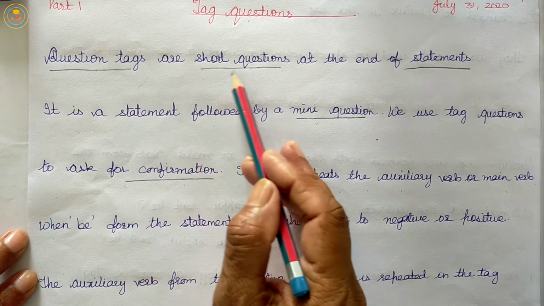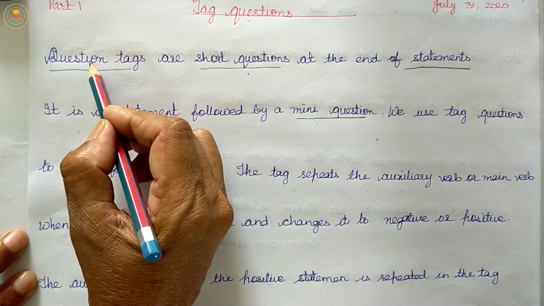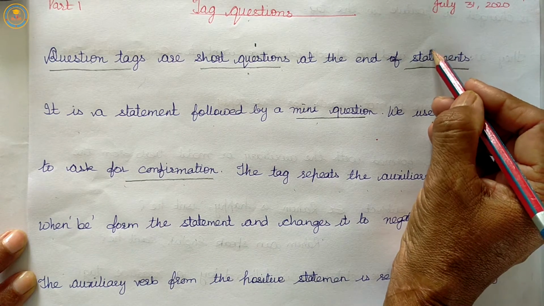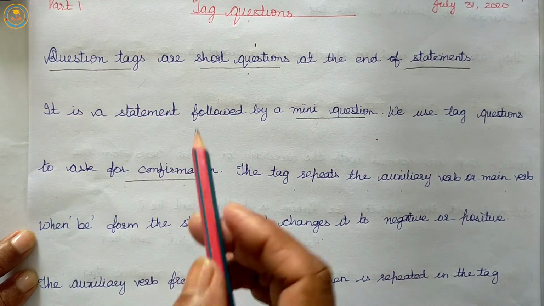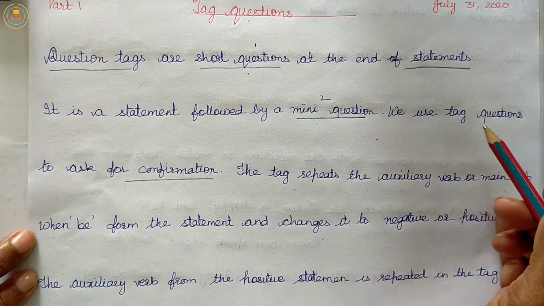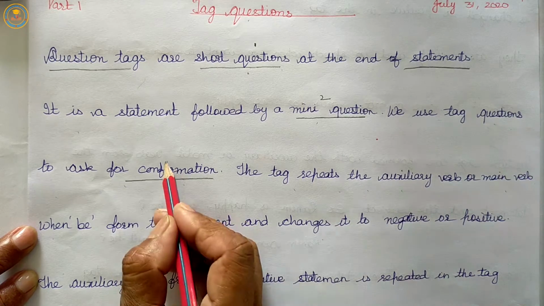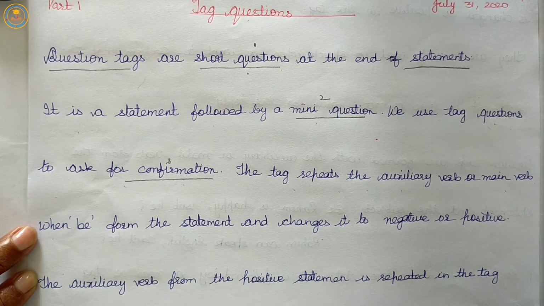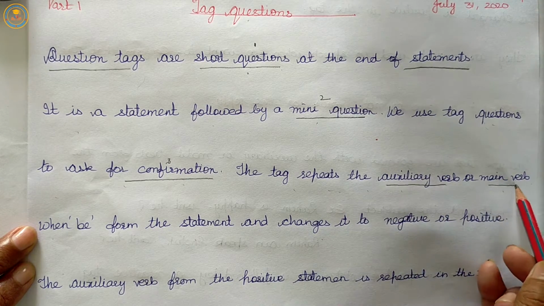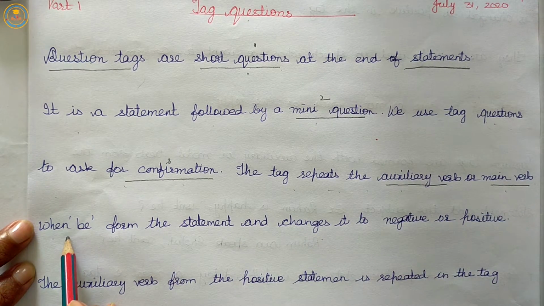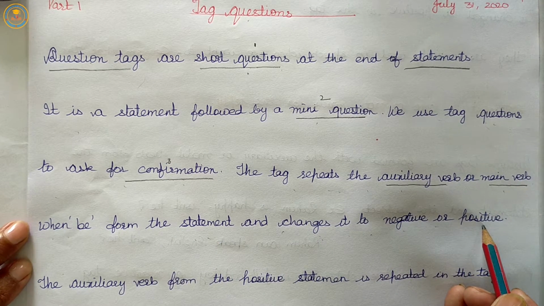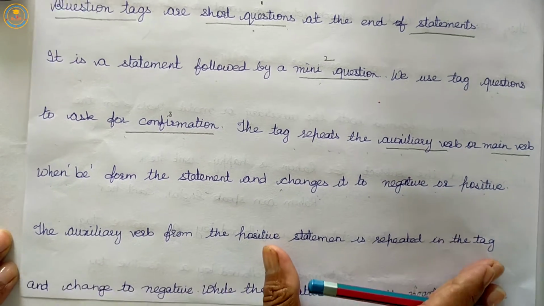Tag questions are short questions. Number one, tag questions are short questions that are used at the end of the statement. Second, they are also known as mini questions, and we use tag questions for confirmation. The tag repeats the auxiliary verb or main verb from the statement and changes it to negative or positive. The auxiliary verb